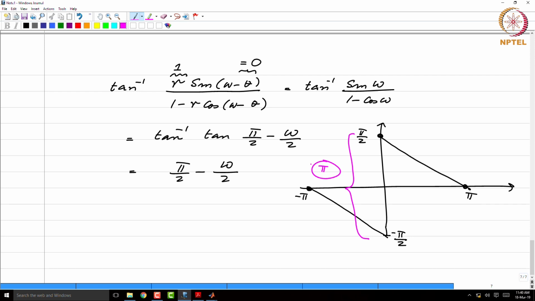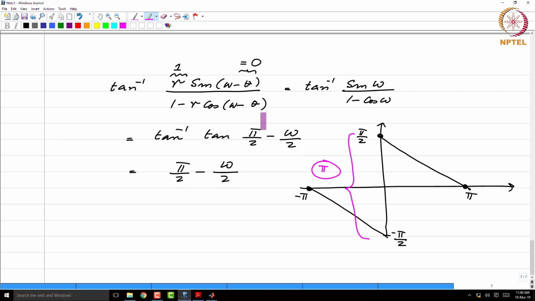So, this is one inference you can draw, and the location of the jump corresponds to the location of the 0. In this particular case, the 0 is at omega equal to 0, because all that will happen is when theta changes, this curve will shift to the left or to the right, that is all. And in this case, this happens to be centered at omega equal to 0, because that is where the